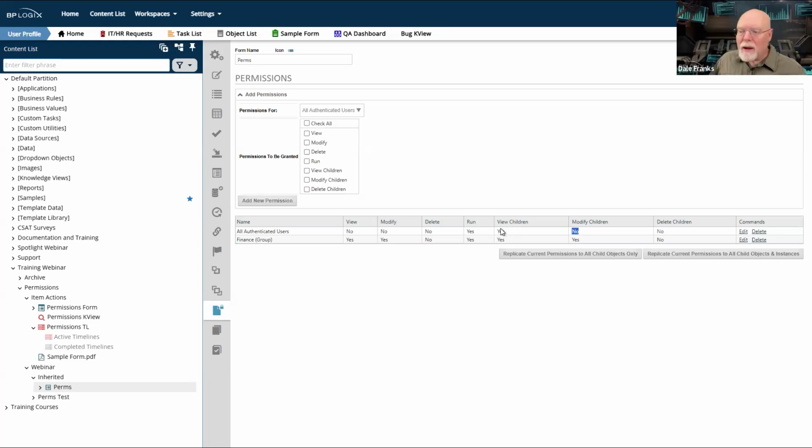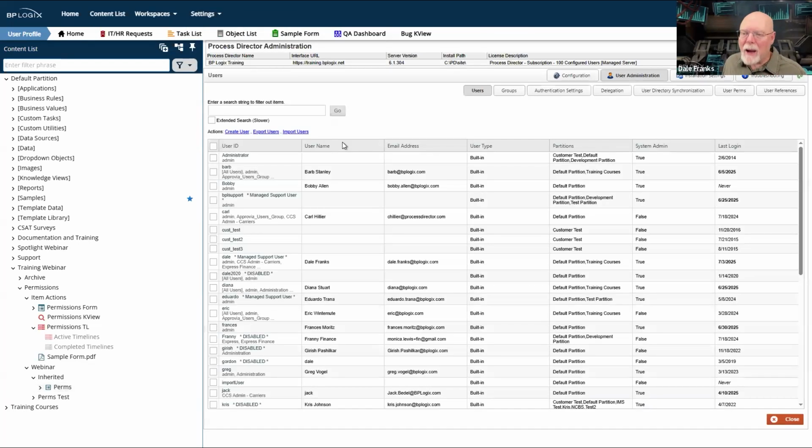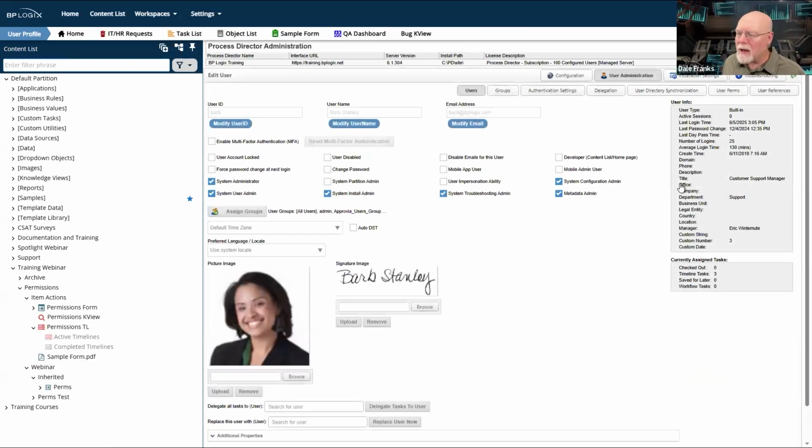So it works much like the partition administrator permission works whenever you're filling out a user account. I have all of these permissions that apply to everybody except very special people. If I am, and we talked about this a little bit earlier, let's just open up Barb Stanley here.